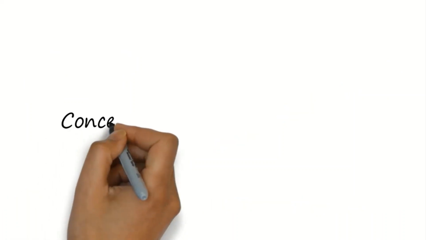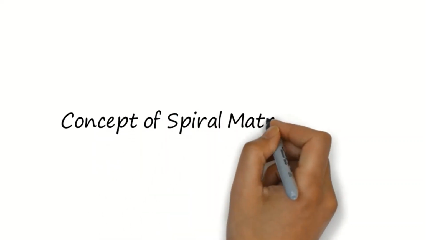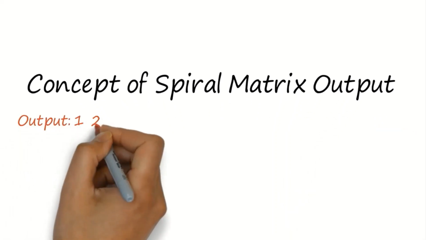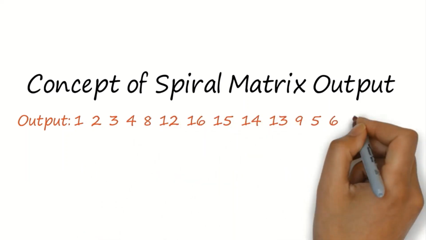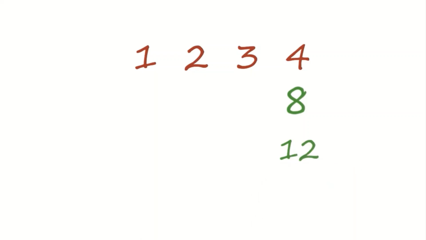The problem can be solved by dividing the matrix into loops or squares or boundaries. It can be seen that the elements of the outer loop are printed first in a clockwise manner, and then the elements of the inner loop are printed. This is the pattern. So in this case we have to use four specific for loops, and each for loop is meant for maintaining a direction.